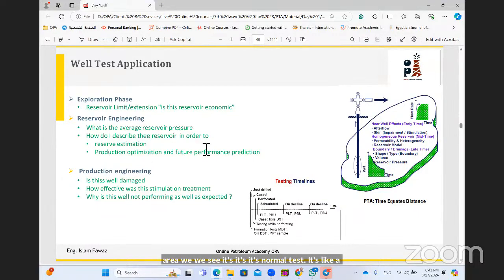And as you can see, during the life of the reservoir, we can use it to determine the reservoir pressure, to describe the reservoir characteristics in terms of permeability, and to make some kind of optimization. If this well is damaged, it has high skin, how can we make a treatment? And it is not performing well, and so on. Okay,